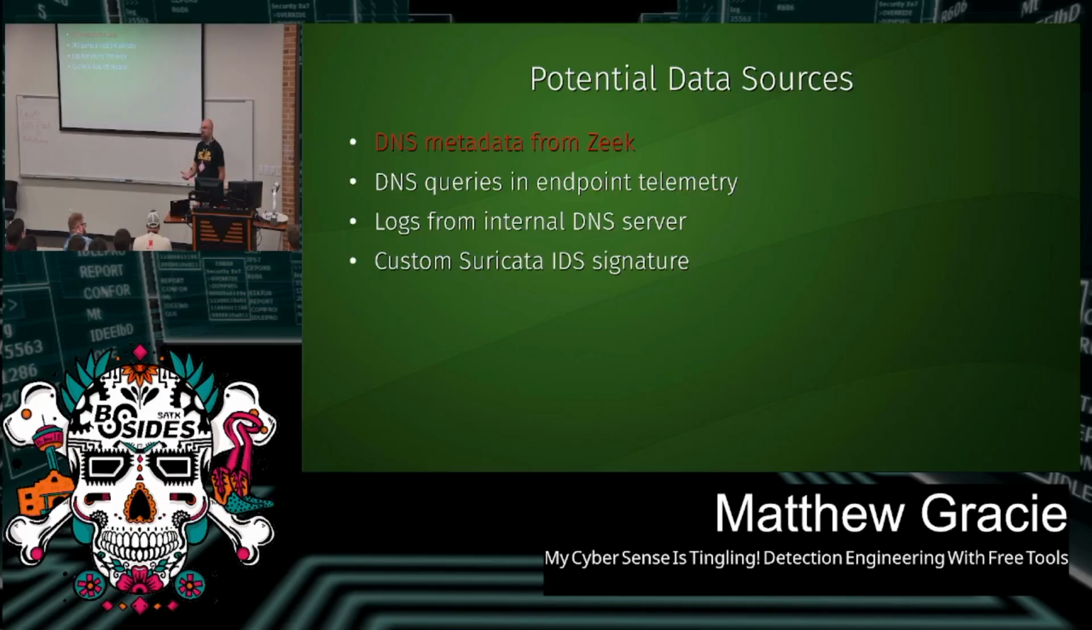Logs from the internal DNS server, same thing. What if they're using this exfiltrator tool to directly hit an external DNS server? You're never going to see them on your domain controller. Those logs won't be written, right? Custom Suricata IDS, that would probably work, but again, you're adding a little bit of overhead to your Suricata implementation. If you want the alert to happen instantly, if that's your threat model, then that might be a better way